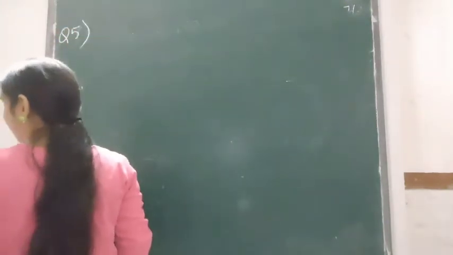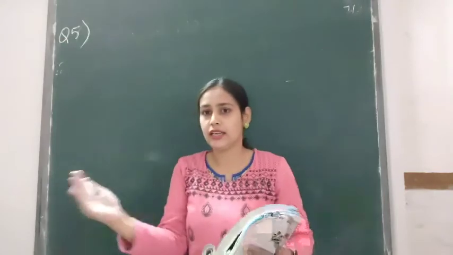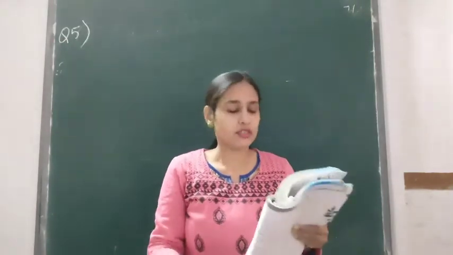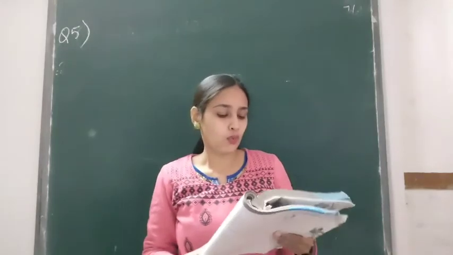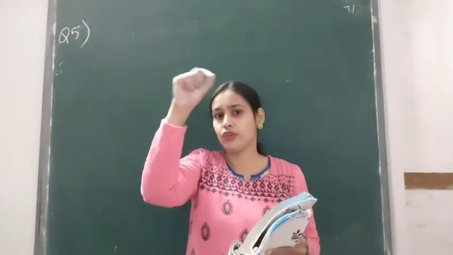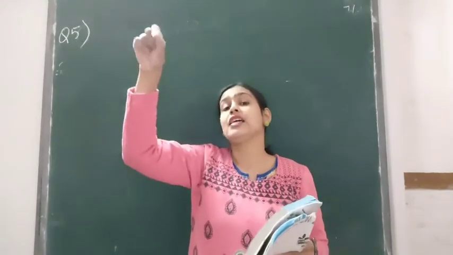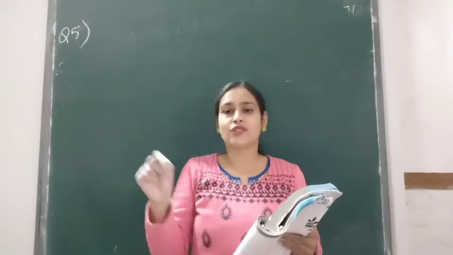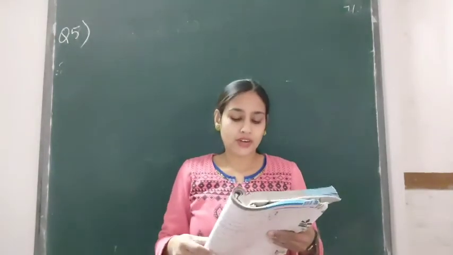What should be taken away? Taken away means take out. Remove. Remove means subtract. Okay, so again we have to subtract. So what should be subtracted? Children, where taken away is written in your book, you can just underline it and write there subtract. Okay, so what should be subtracted? Subtracted you will write. From 3x